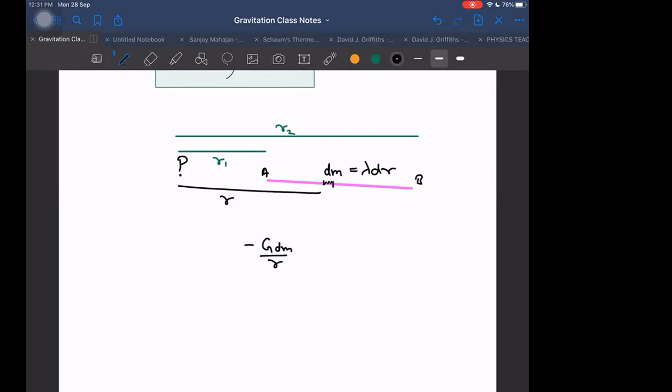Now V at P will be equal to what? Let us write V only. We know it is at P only. We can take minus dV, so minus G lambda ln r1 by r2, or if it is a uniform density rod, then yes, correct. Log of r2 by r1, exactly right. If you want to write in terms of length L, we can write in those terms also: minus GM by L ln of r2 by r1, with L equal to r2 minus r1.